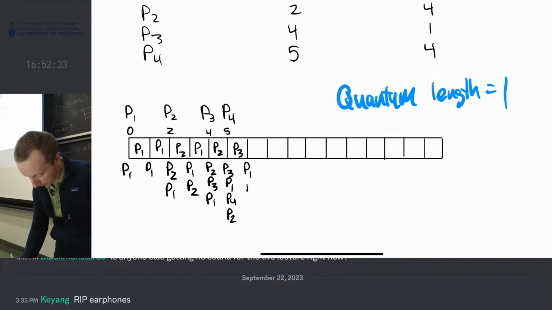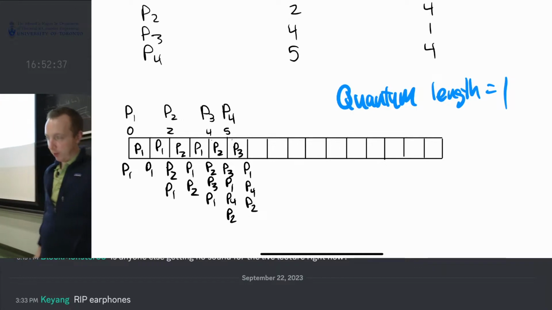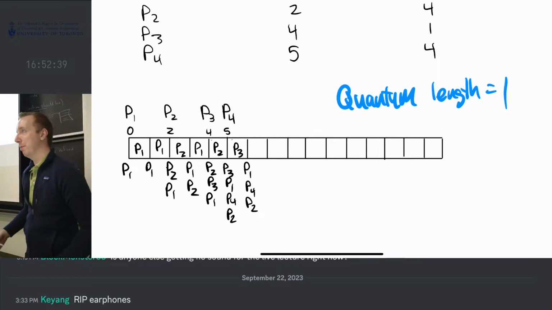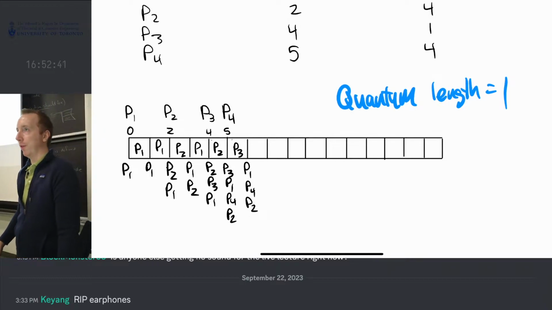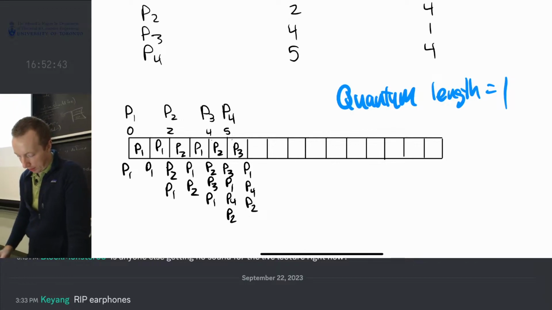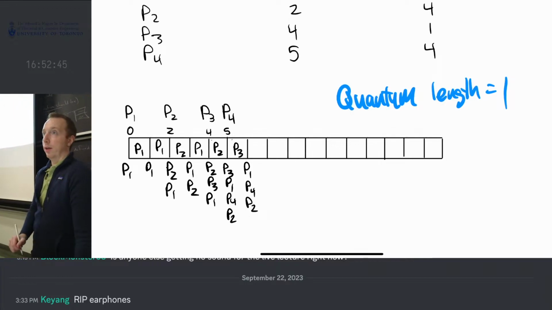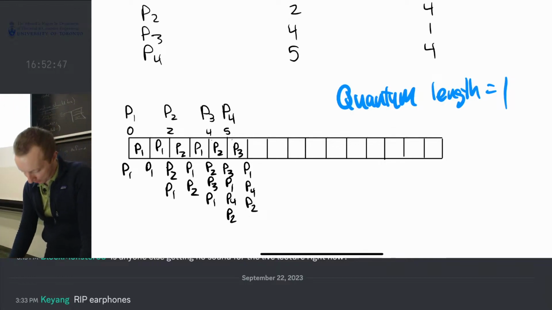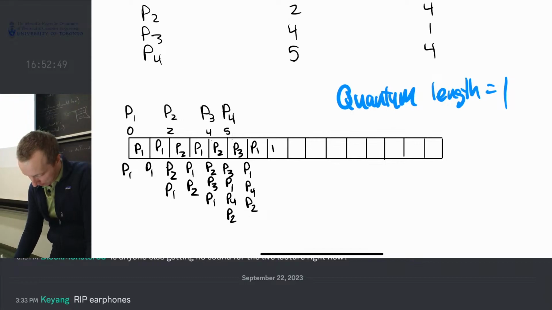And now my queue looks like P1, P4, and P2. So it's just going to ping pong between all these processes over and over again until they are done in that order. So hopefully I can go fairly fast. So it would go P1, P4,